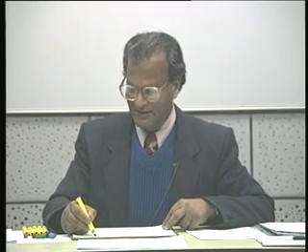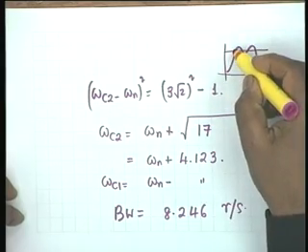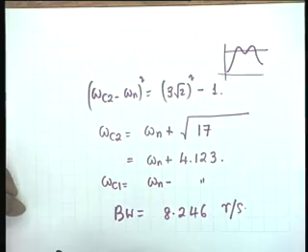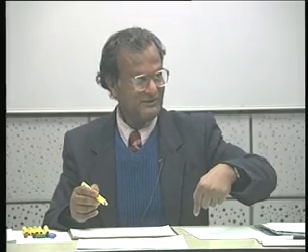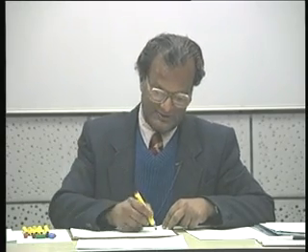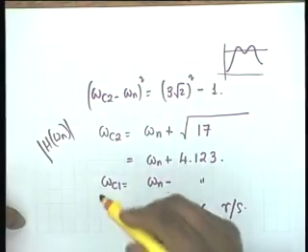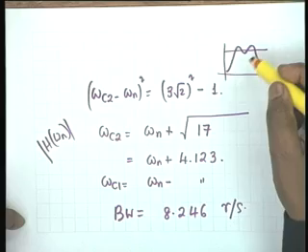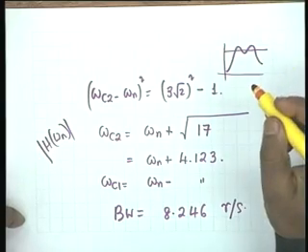You see, all they are asking is the bandwidth. Now bandwidth will not have a meaning if this is the situation, for example. If the dip goes below 3 dB, it will not be useful. In this case, you shall have to check. I didn't check this. First you have to write that H of omega naught is less than 1 by root 2 of that. That's right. So you have to find H of omega n magnitude and see whether it is less than 1 by root 2 times this or not. If it is not, then this bandwidth is meaningful.